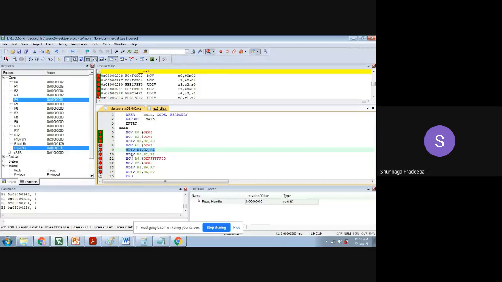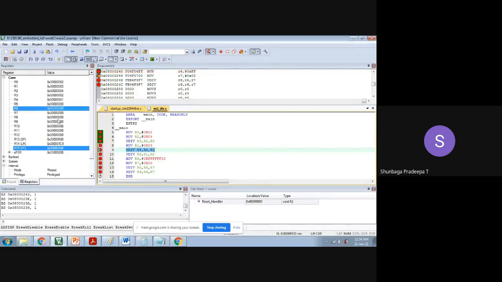Next we do the reverse, 3 by 4, which is unsigned division R5, R1, R2, which means R1 divided by R2, and it is loaded in the R5 register. It is 3 by 4, so the quotient will be 0. When we do this, R5 is loaded only with 0. Next we are moving R6 with a higher value.